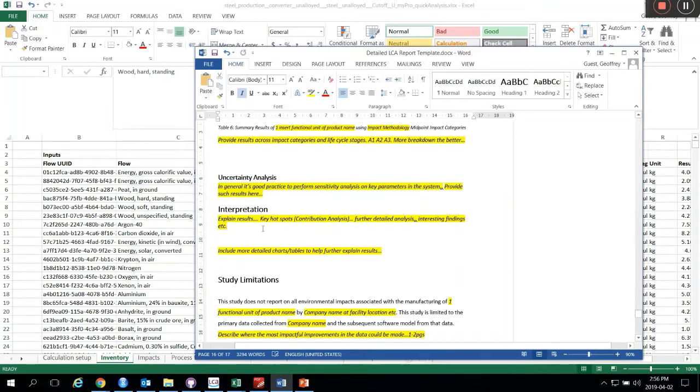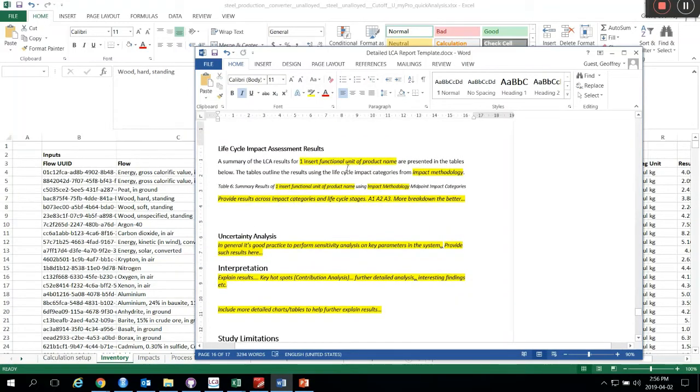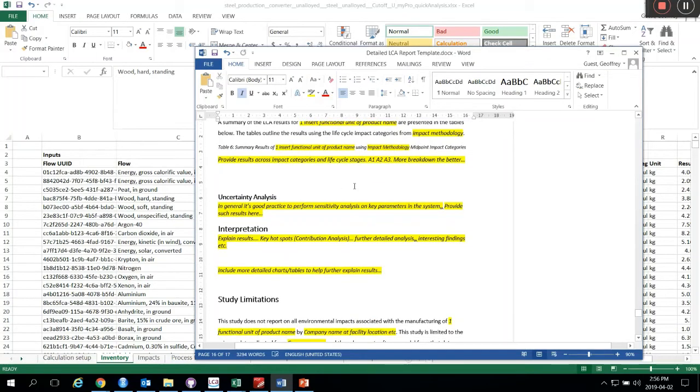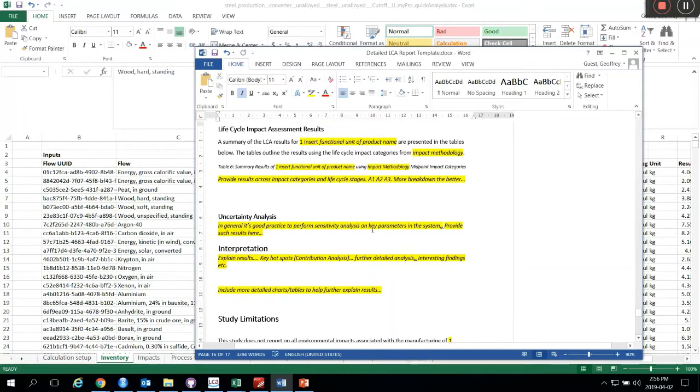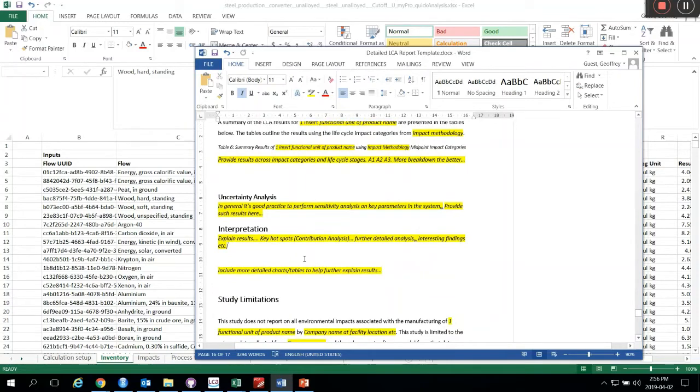Now in terms of interpretation, you're going to basically present and explain your results with the top 10 categories here, and then the interpretation will go into greater detail on every single impact category. So have subsections for each category, 1 to 2 paragraphs for each one, just going into where the major hotspots are and what the major reasons are. And so of course you have your top 10